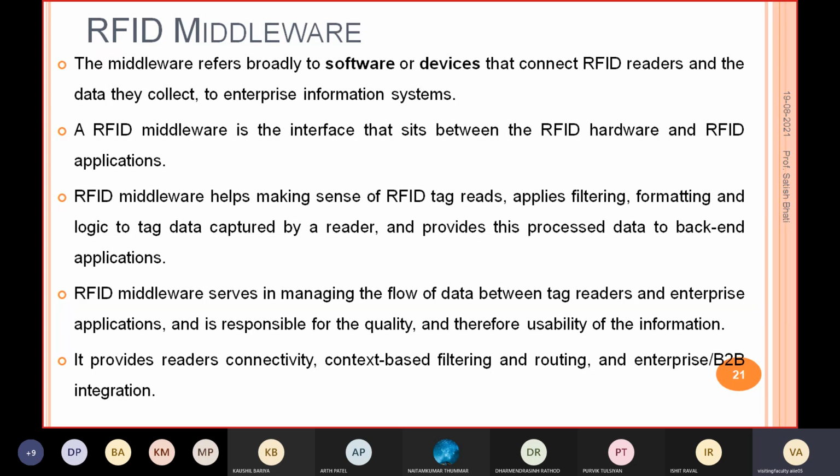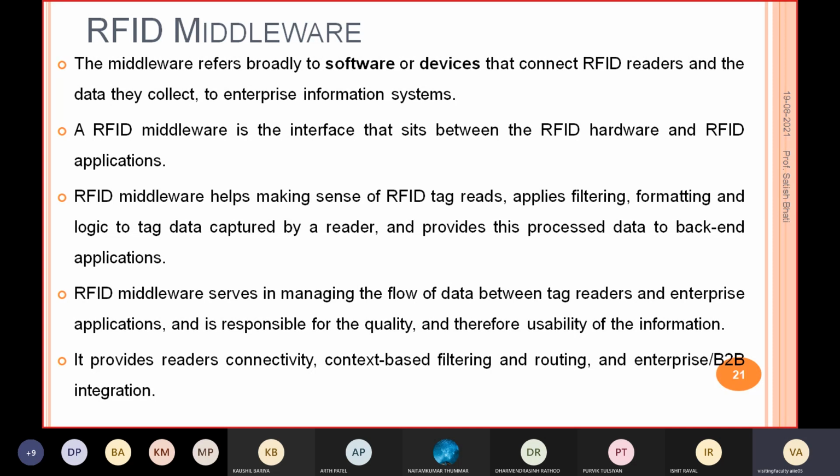This middleware provides the readers' connectivity, context-based filtering, routing, and enterprise or B2B integration. B2B means business to business. So these are the features or functionality that middleware will provide in an RFID system. Context-based filtering means based on your application, what kind of filter you need.